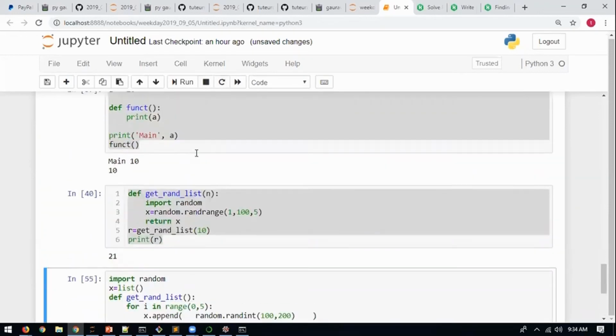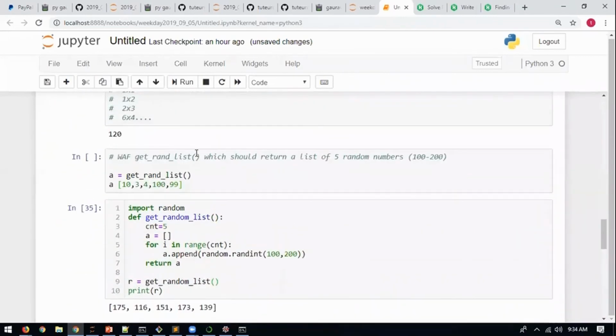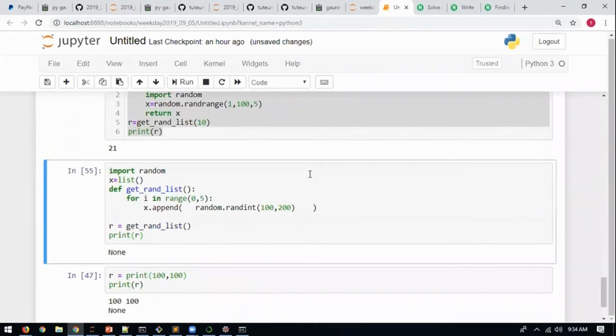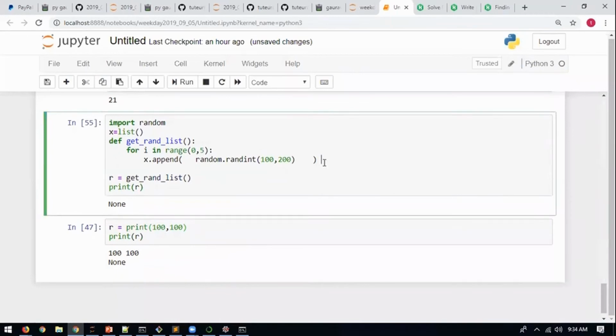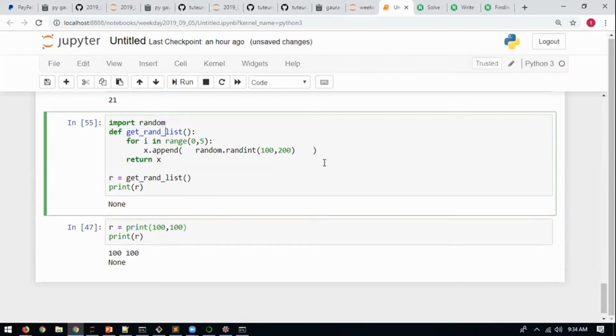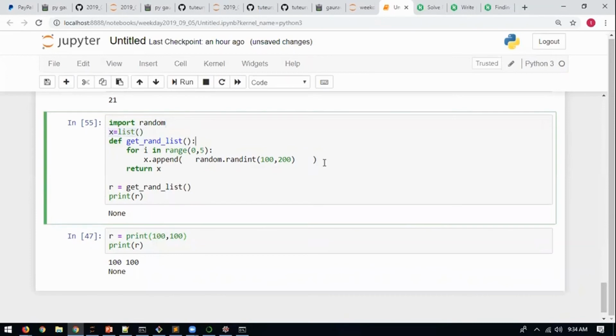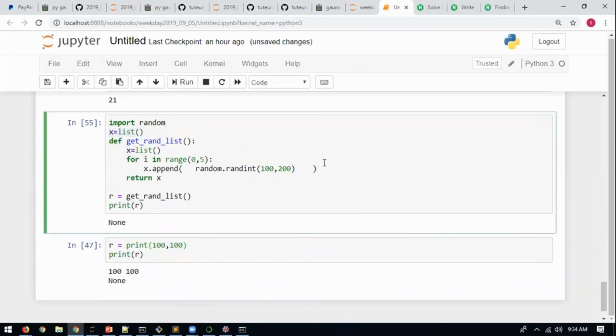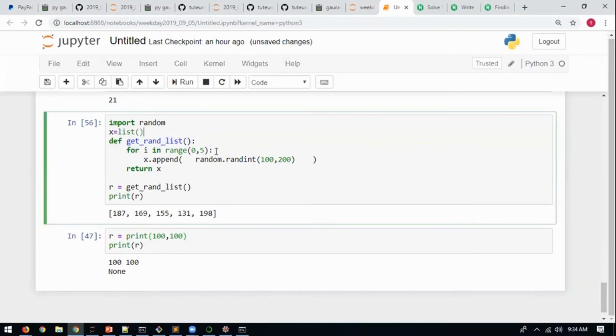The function should, as per the question, return what? Return a list of 5 numbers. To return, what do you write? The return keyword. Return x. All right. And this list should actually be created outside the function or inside the function? It should ideally be inside the function. I want to create a new list and then return it. If I run this code now, it works like this. But if I move this list outside the function, will this list be created each time the function is called, or will it be using the same list?